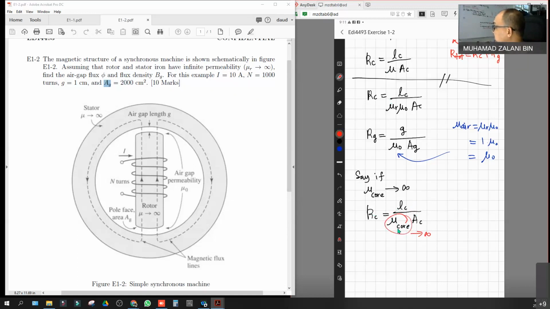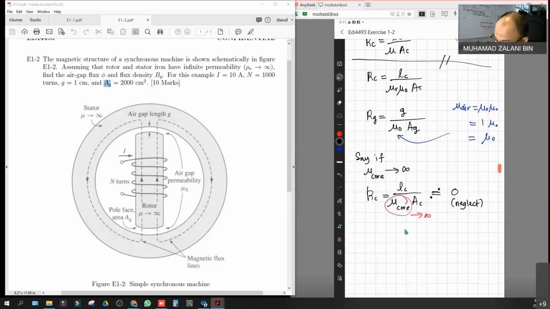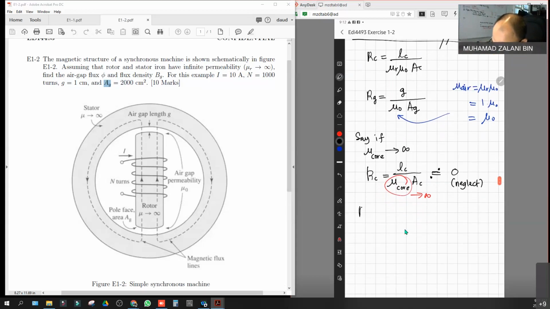Something divided by infinity means that RC equals 0, so we can just neglect RC. Okay, so for our total reluctances, in this case, it is